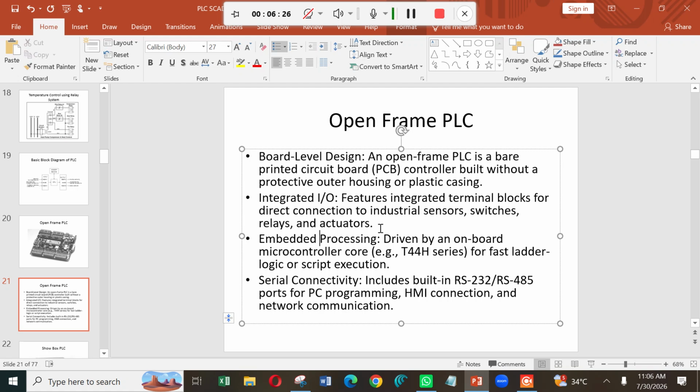Then how will you connect the PLC with the programmer? The programmer generally will be a computer. For an Arduino board, where will you do the program? You will do the program on your laptop or computer. Like that, if you want to program a PLC also, you may use a laptop or computer. How will you connect it? You will connect through the RS232 cable. So that is what they want to show here.